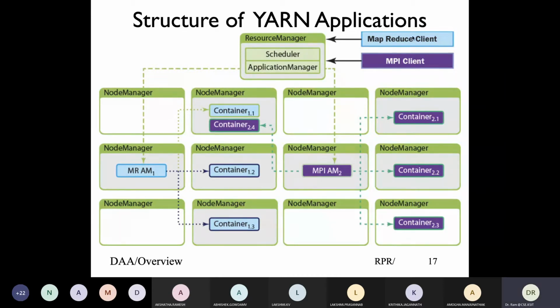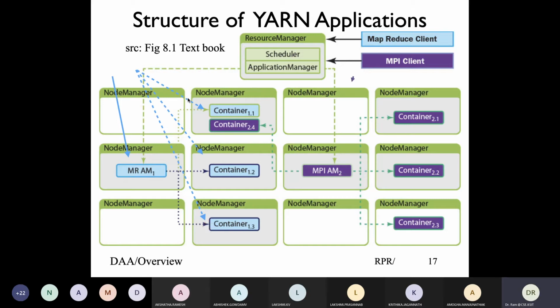For the MapReduce client, first we need to launch an application master, which communicates with resource manager, gets the resource availability, and says I need to launch 3 applications, so it negotiates and launches 3 containers, and you would see the 3 actual applications run in 3 containers. So application 1, container 1, application 1, container 2, application 1, container 3.